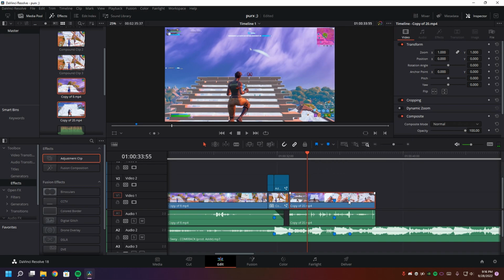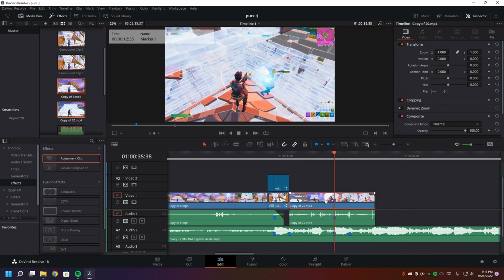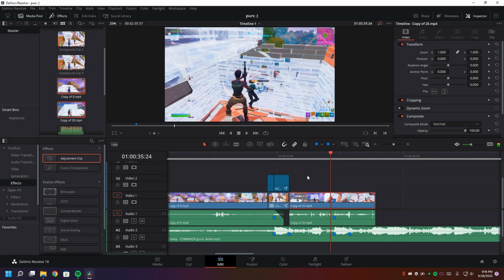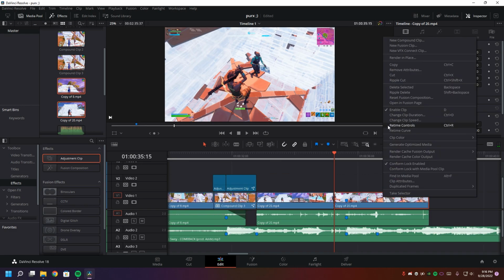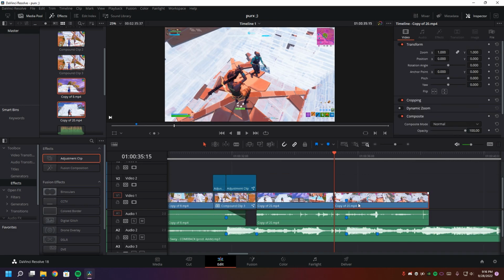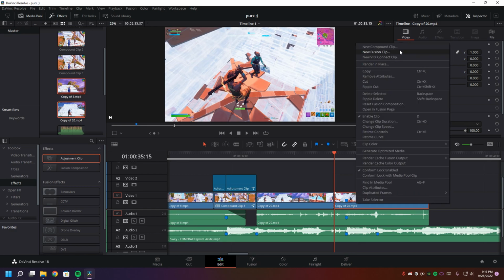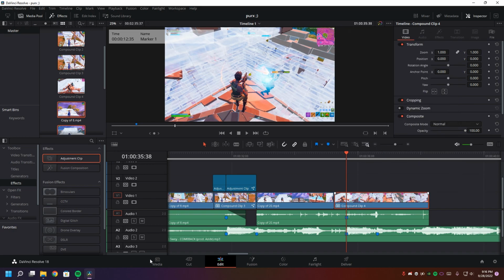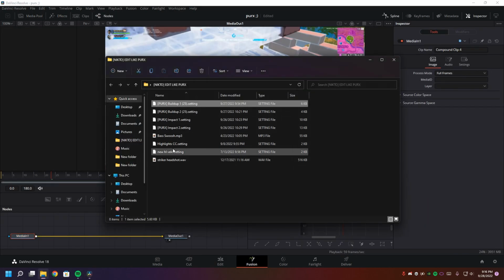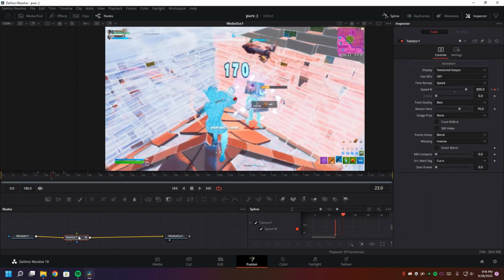Now unlink the clips and then go 23 frames back like that, and split your clip over here. Control B for that again, and now right click and new compound clip and open a Fusion page and add the velocity,